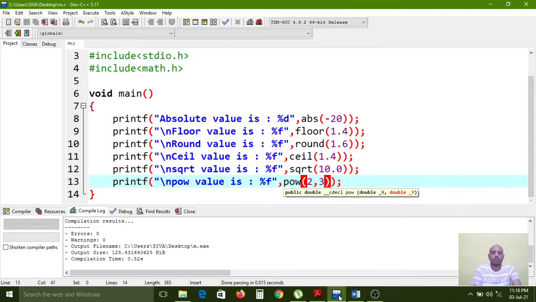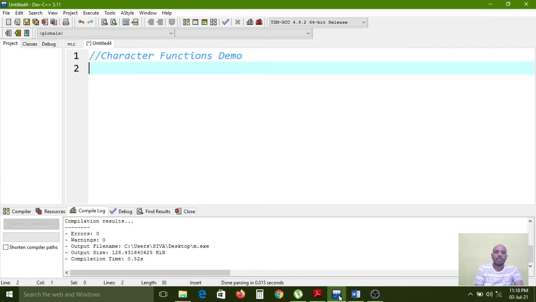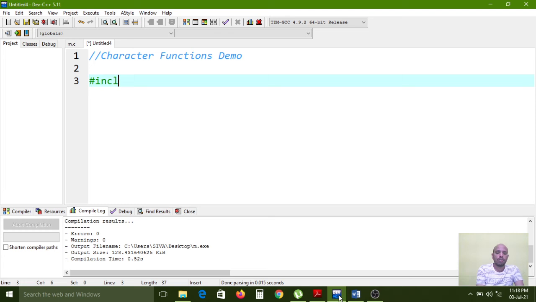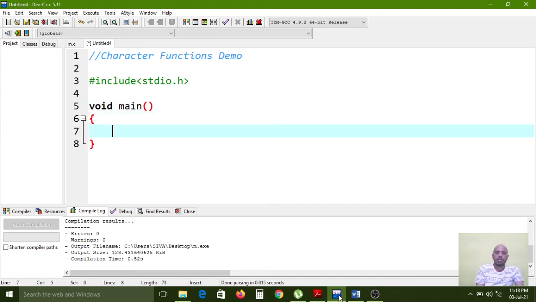Now I am opening one more developer window, and this is the character functions demo. Here hash include stdio.h. Now void main, open bracket and closing bracket.